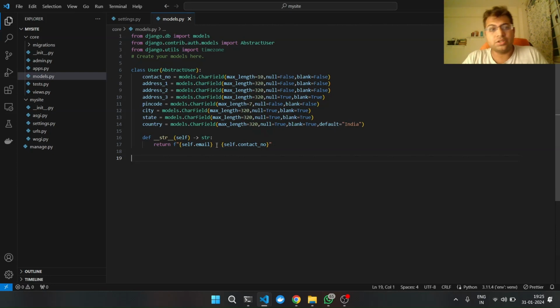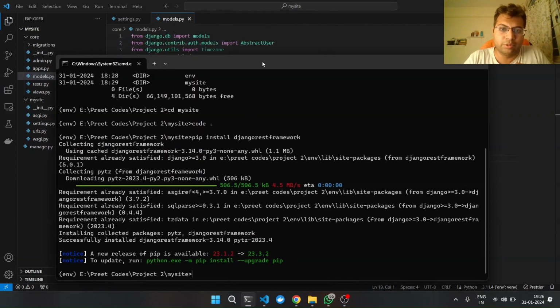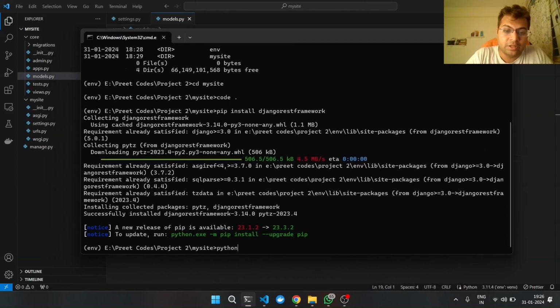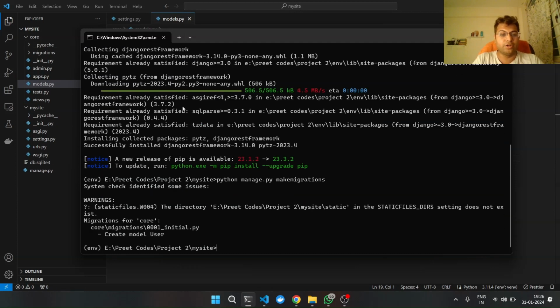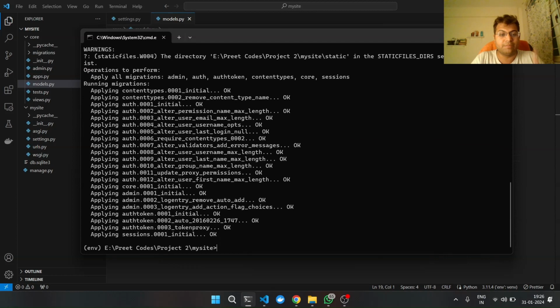All right. So now let's migrate this and try to run the server so we can see some data coming in. python manage.py makemigrations. Here I'm making migrations, which means I'm telling Django that whatever changes I've done in models should be incorporated. Then when we fire the migrate command, it will write it and create tables accordingly in the database. So we run makemigrations, create model user. It has captured our model user. python manage.py migrate. Now it is running all the migrations to create various different tables in our SQLite database